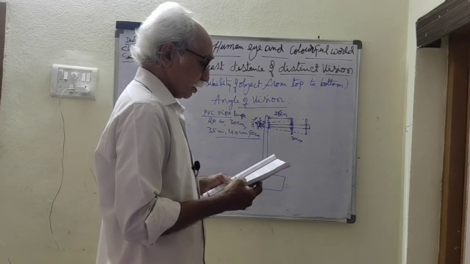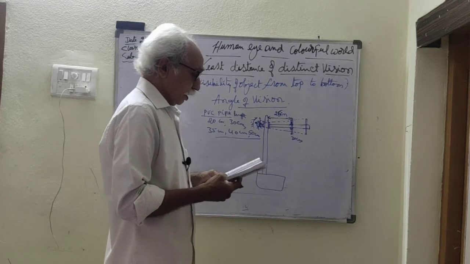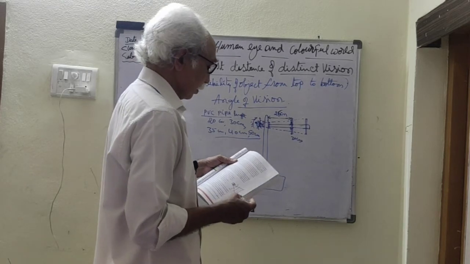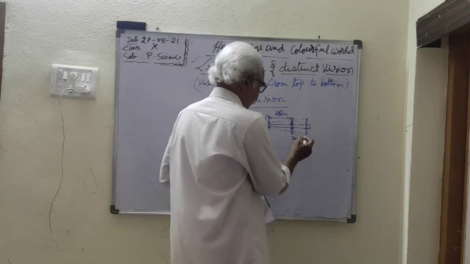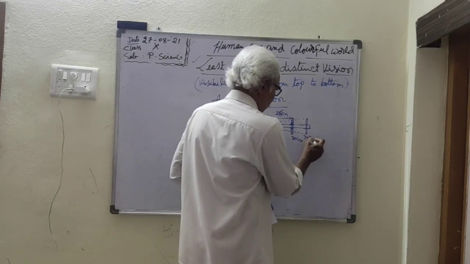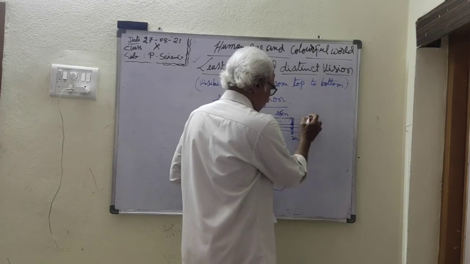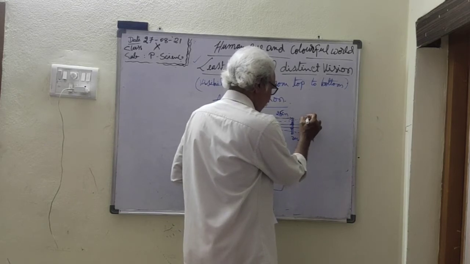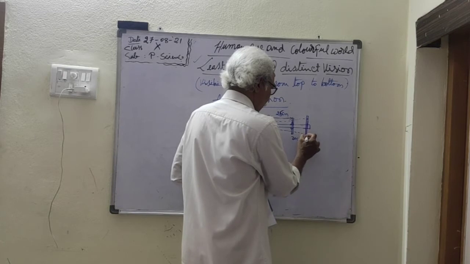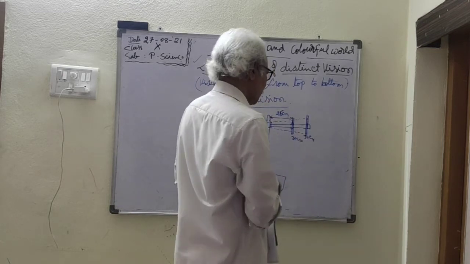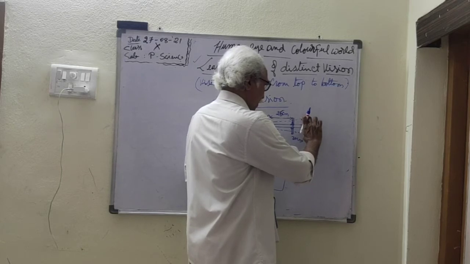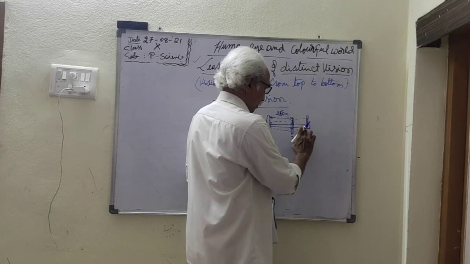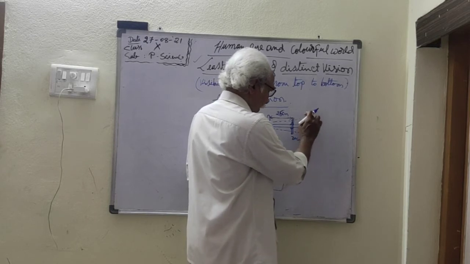Without changing the position of the clamp on the horizontal rod, replace the 30 centimeter rod with a 40 centimeter rod. Here is 30 centimeters. Now don't change this distance. Now put in another rod of 40 centimeters. What happens? Are you able to see the rod? No, we can see only 30 centimeter height. That is, from the horizontal rod, 15 and 15 centimeters from the midpoint, but not 40 centimeters.